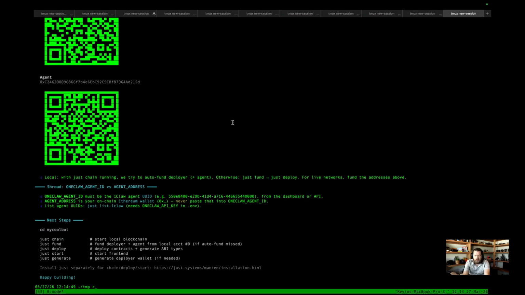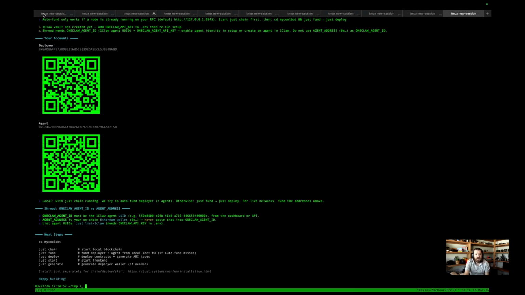Okay, so here we have now the public key for our deployer account. So it creates a deployer account for you. You don't ever want to use the keys that come with Foundry or Hardhat, so it creates one for you that's unique. It also creates the agent address. Again, you probably want your agent to have an identity, so it creates that for you. And then it's going to probably tell us here, let's see,